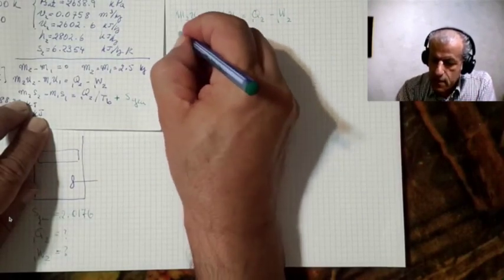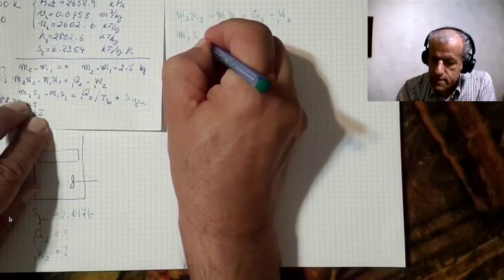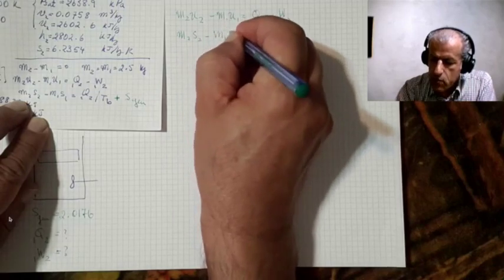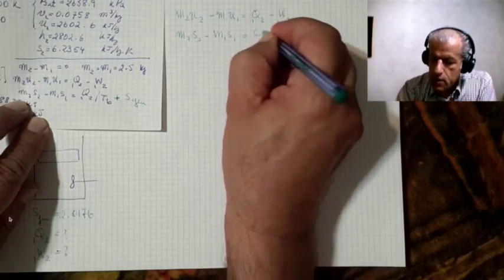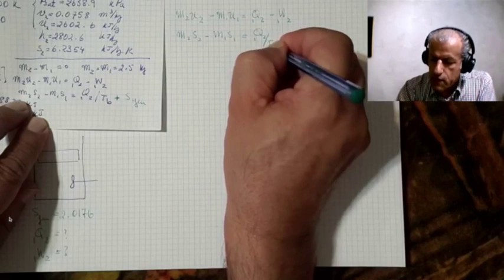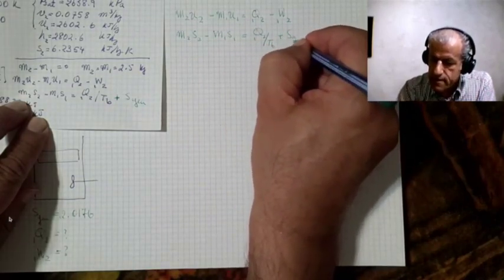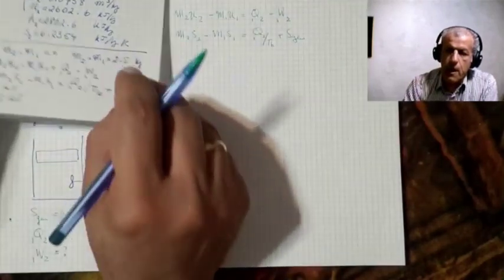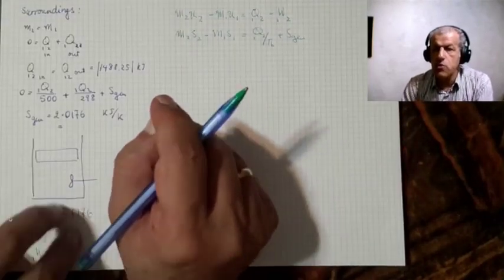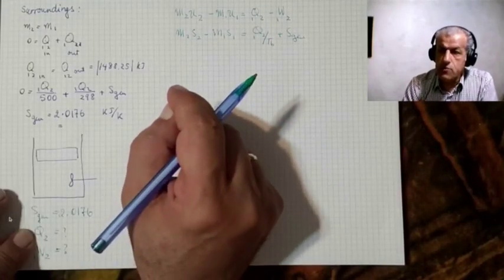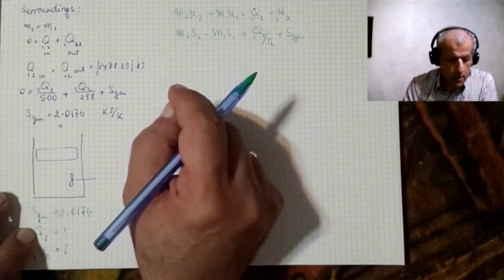And the second law would be M2 S2 minus M1 S1 equals Q12 over TB plus S gen. And what I want to do right now is to put numbers to these